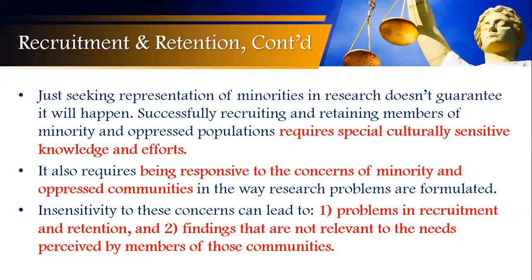And I had to stop myself and ask them, if we were to partner in research, what are the needs of your community? What is it that you feel your community needs? If you could ask any question about what's happening in your community, what would it be? And at that particular time,